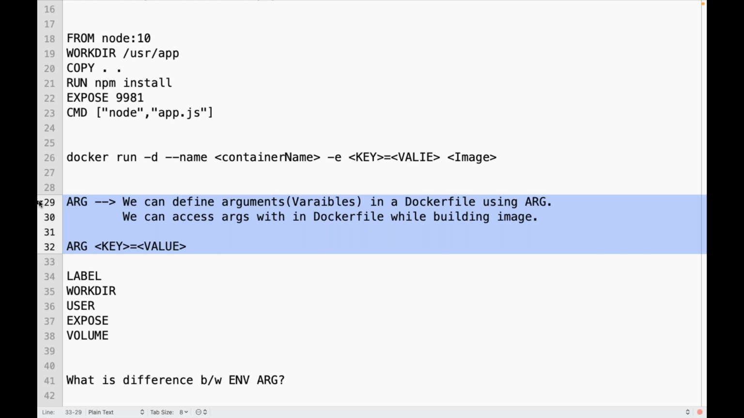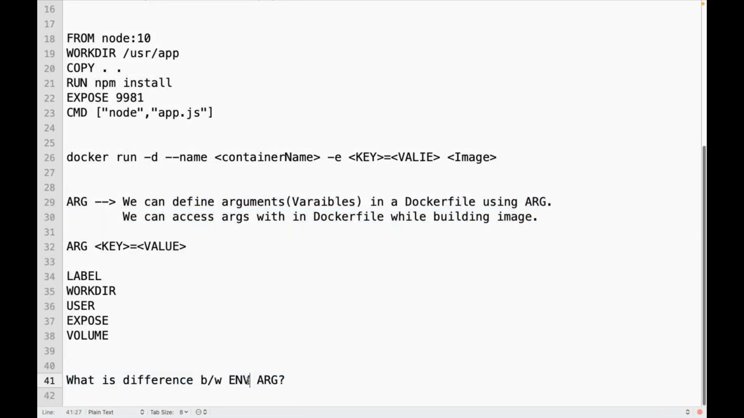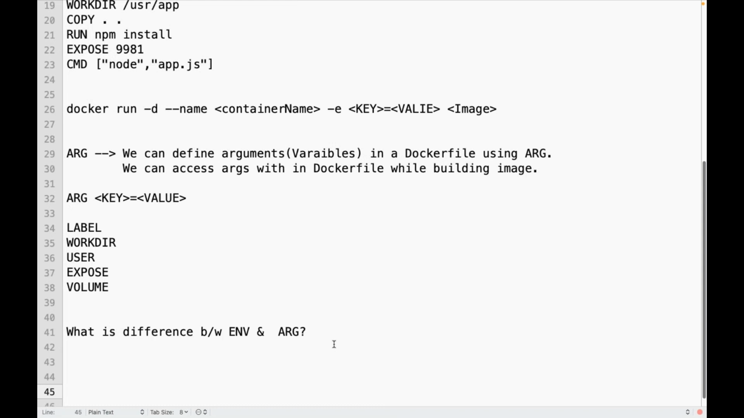The scope of this argument. What is the difference between ENV and ARG? You should be able to explain, because we discussed it in detail and showed it in the lab also. These are interview questions, guys. The scope of these arguments: I can access these arguments within a Docker file instruction. These arguments can be accessible only while building the image. Once the image is created,